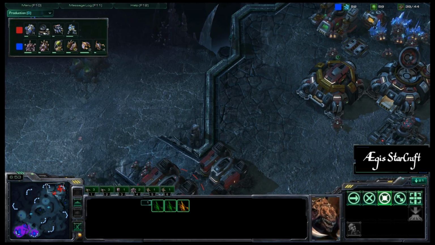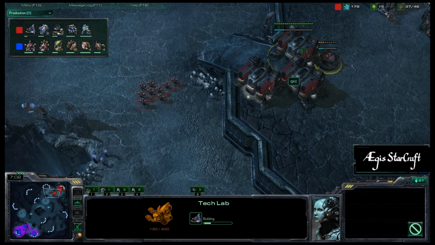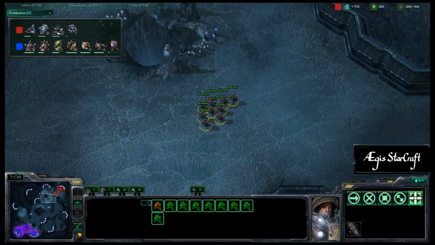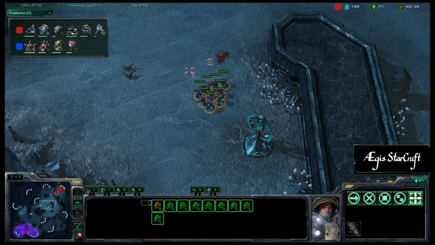Zerglings here. It does look like a lift is going to occur, and the marines will be moving to the front. A tech lab going down on one of the barracks. Gonna close off the gap once again. The Marines look like they're about to go for the attack. We'll see if these Marines are able to do any damage, maybe force Idra to make additional Zerglings instead of